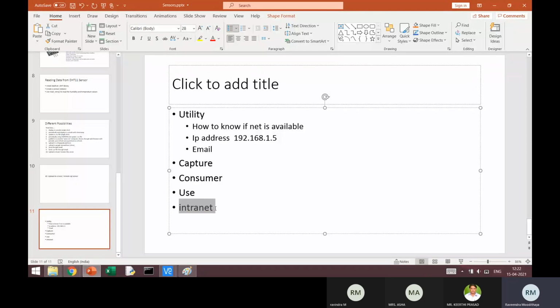That is, within the campus network. I may not really take the data into the cloud. Instead, it will be on a local server, which serves you over the intranet. So even these possibilities are available. You may still be working with an internet browser, but I really don't need to take the data into the cloud. All these aspects we will see with respect to a few sensors in the forthcoming classes.